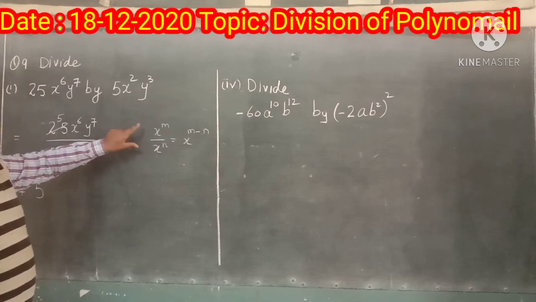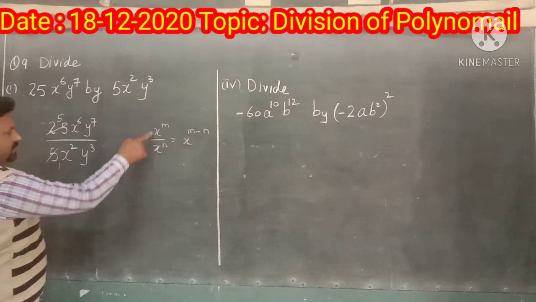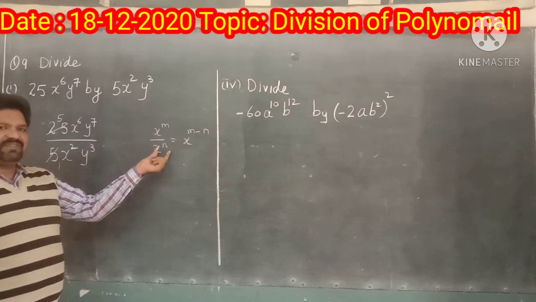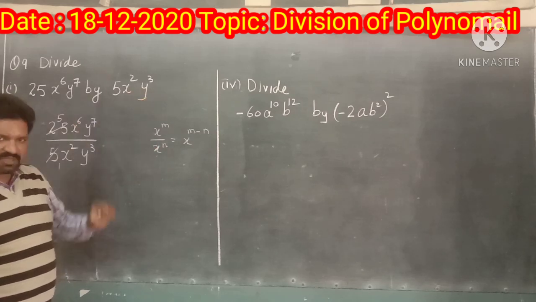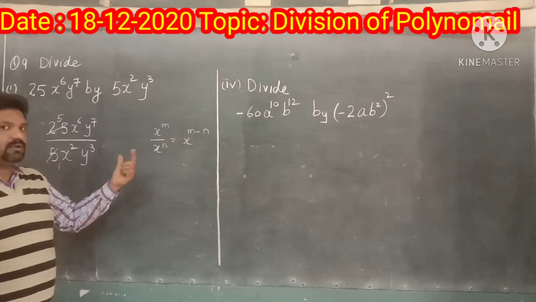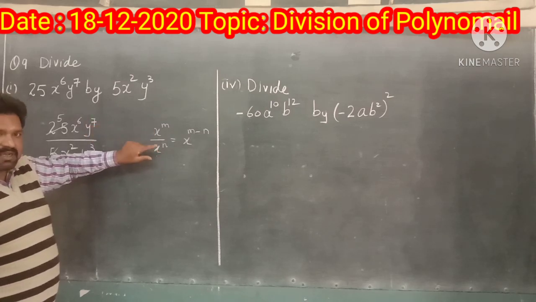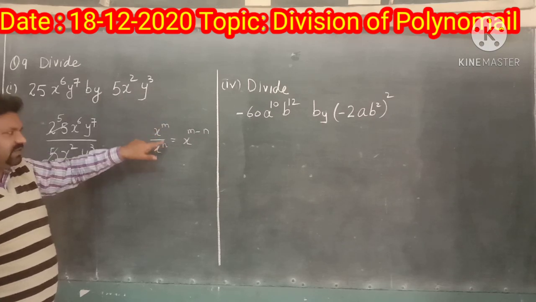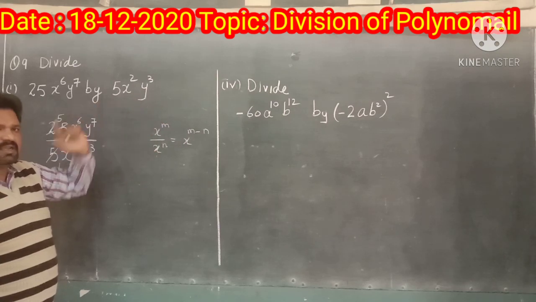So this rule we will use in this question. If the same base numbers are dividing, तो हम क्या करते हैं, जो नीचे वाले नंबर की पावर होती है उसको हम ऊपर जाकर उसका साइन चेंज कर देते हैं. मैं ये नहीं कहूँगा कि माइनस कर देते हैं. हम नीचे वाले नंबर की जो पावर होगी वो ऊपर जाके उसका साइन चेंज कर देते हैं. अगर नेगेटिव होगी तो ऊपर जाके पॉजिटिव हो जाती है, अगर नीचे पॉजिटिव हो तो ऊपर जाके माइनस हो जाएगी.